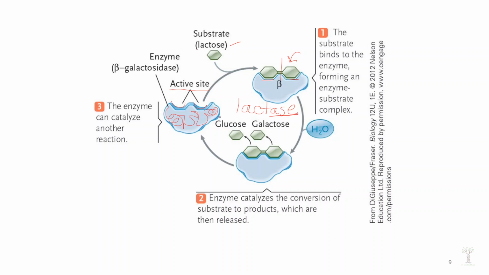If the protein lactase didn't fold properly, then this substrate wouldn't be able to fit into it. So the protein has to fold properly to be able to function. Once the substrate fits into the active site, the enzyme helps to cleave or break this bond, and then we release our monosaccharides, the glucose and the galactose. At the end of this chemical reaction, the enzyme is exactly the same. The enzyme is not altered during this process, and we can use that enzyme again to break down another molecule